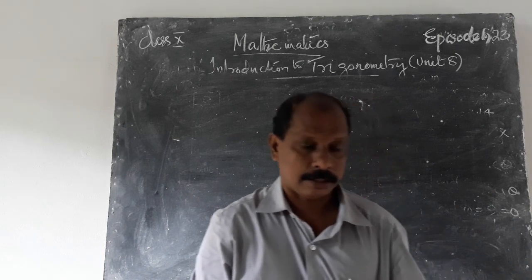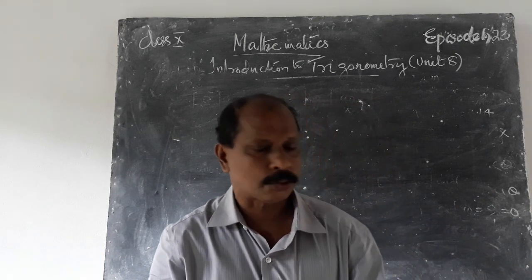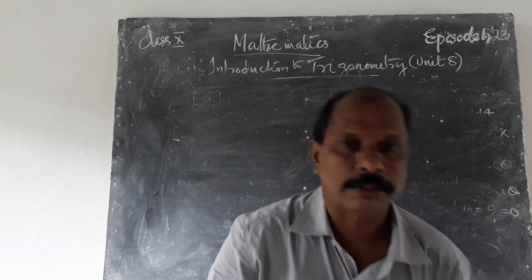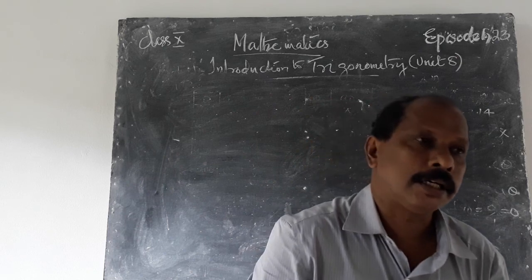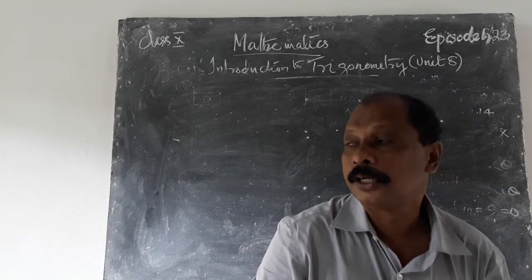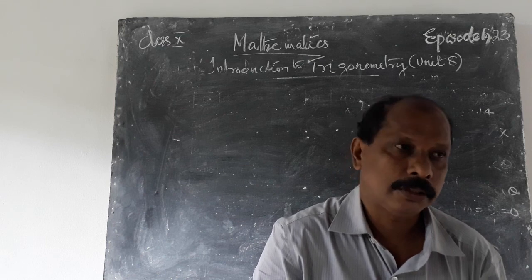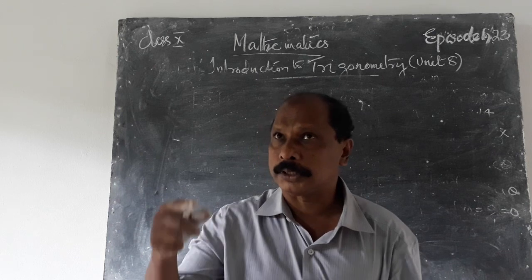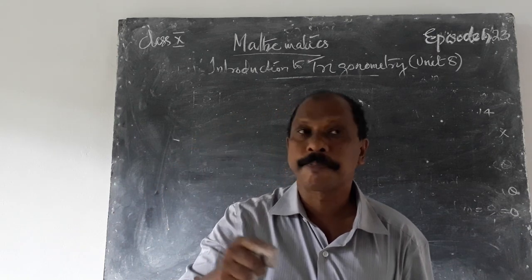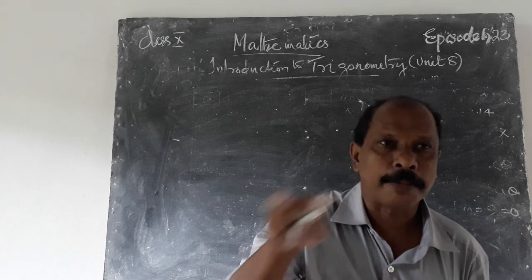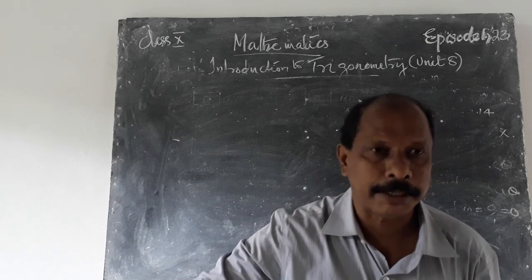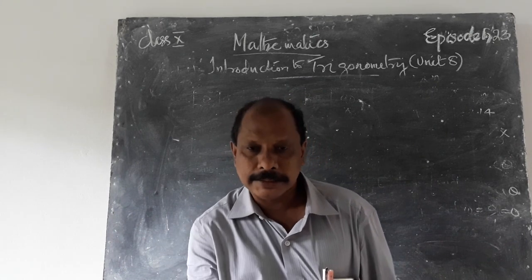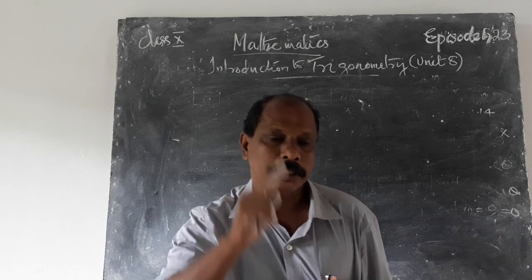Their reciprocals are: reciprocal of sin theta, cosecant theta, short form cosec theta. Reciprocal of cos theta, secant theta, short form sec theta. And reciprocal of tan theta is cotangent theta, short form cot theta. Therefore, cosec theta is equal to hypotenuse by opposite side, from the figure AC by AB. Sec theta is equal to hypotenuse by adjacent side, which is AC by BC, and cot theta is equal to adjacent side by opposite side, which is BC by AB.